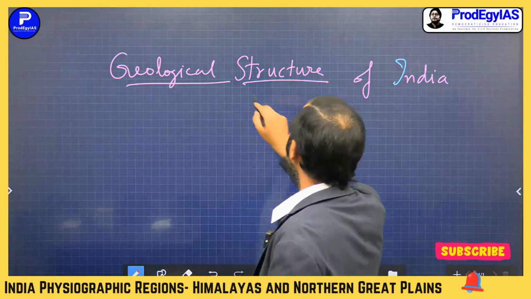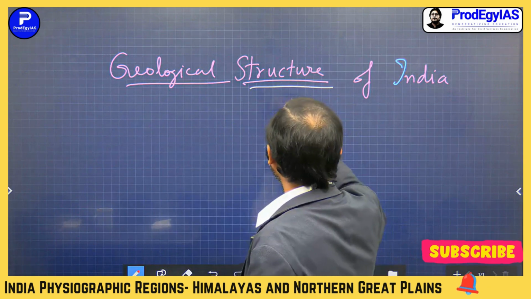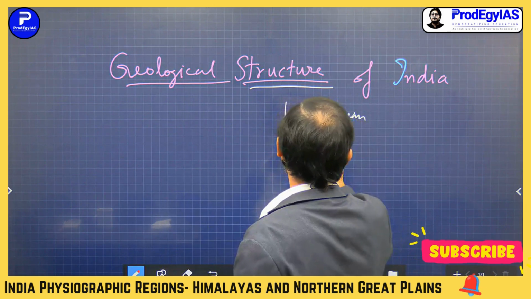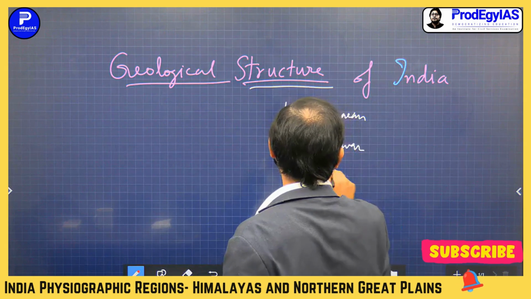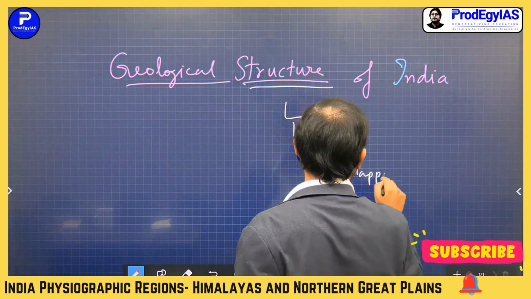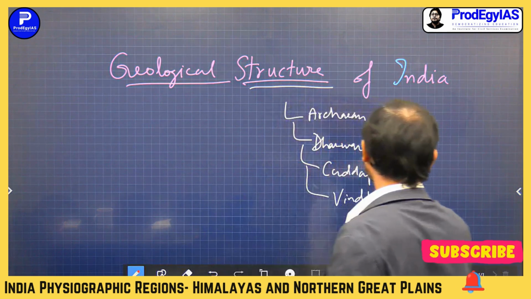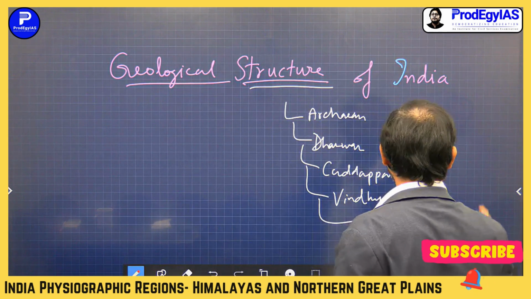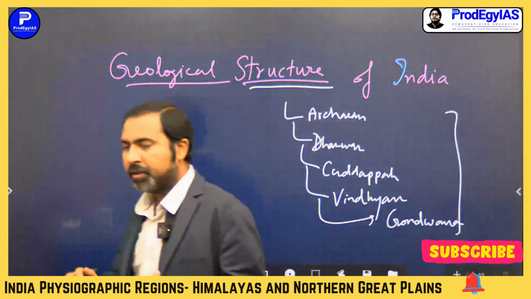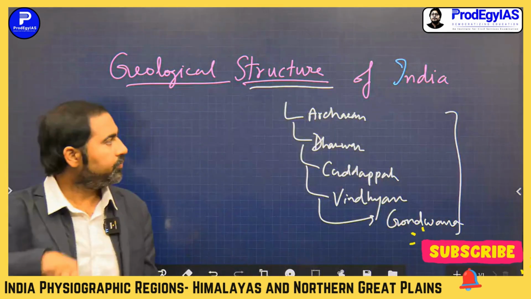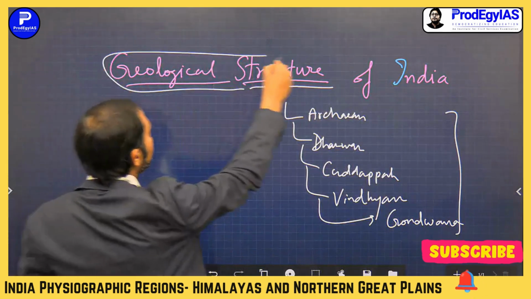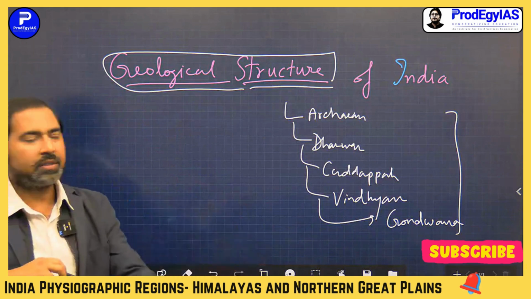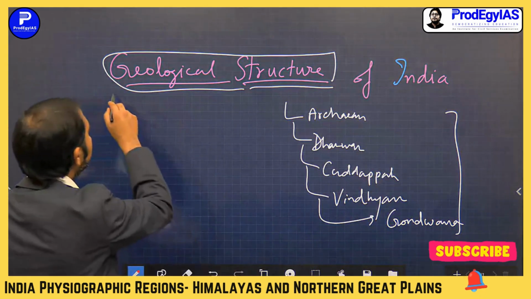in geological structure, we have studied that the Archean, Dharwad, Kadapa, Vindhyan, Gondwana, such type of rocks are the constituent rock systems of India, right? So after understanding how the Indian subcontinent and its different rock systems originated, now we have to understand